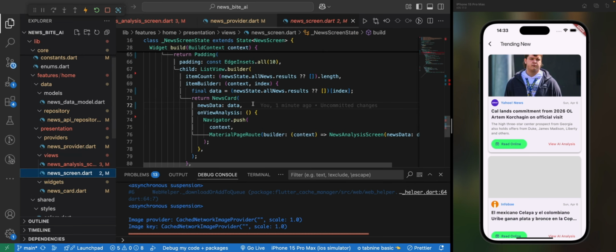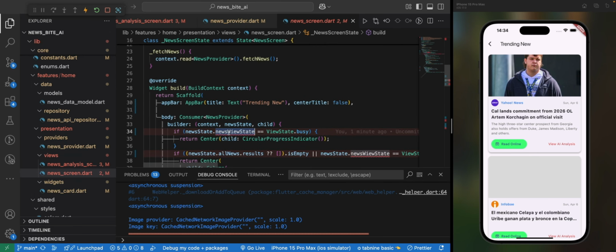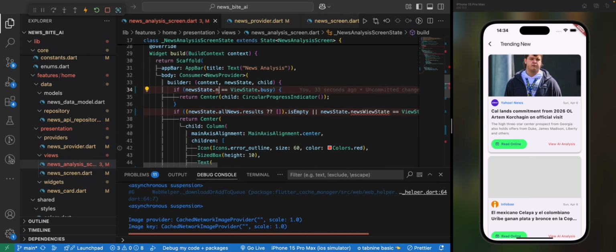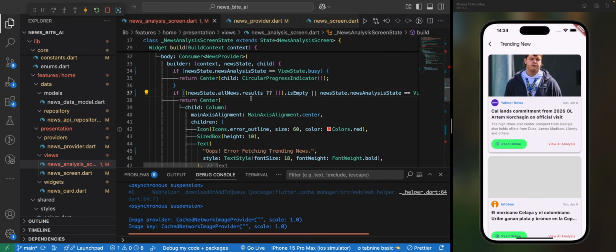Yeah, I spelled that wrongly, so I'm just going to update them everywhere. Going back now, I'm going to change this to news analysis states. News analysis states and all news results. This shouldn't be all news results, because analysis should have its own